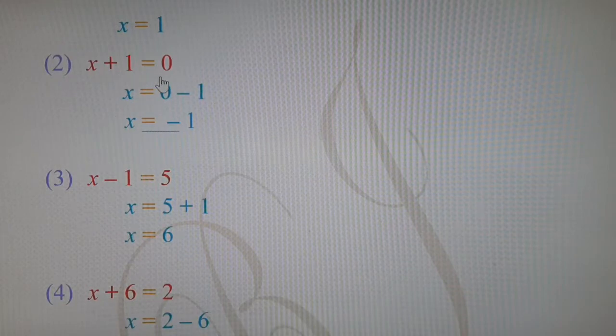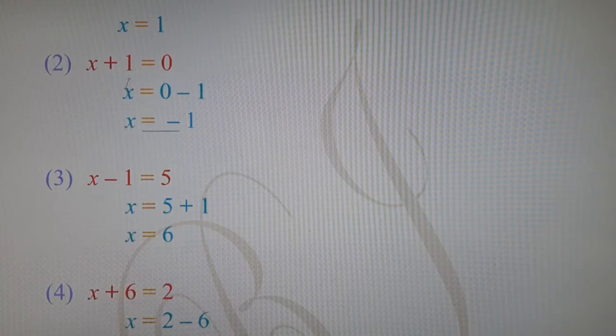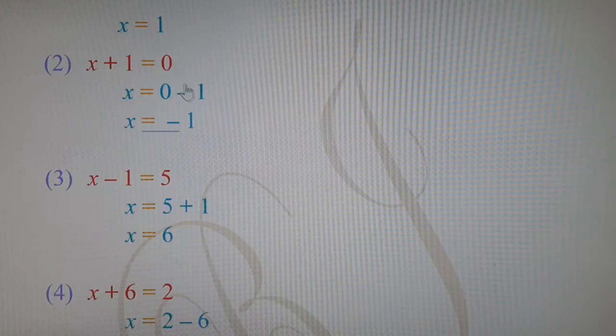x plus 1 is equal to 0. So here the variable x has to be kept alone and plus 1 is transferred to the right hand side from the left hand side. For transferring plus 1, we use the transpose rule. Transpose rule means the opposite rule. So opposite of addition will be subtraction. So plus 1 will become minus 1 when we transfer it from the left hand side to the right hand side. The variable x is kept alone and the numbers are kept together in order to find the value of x.